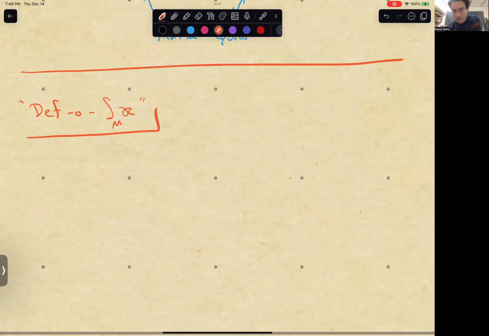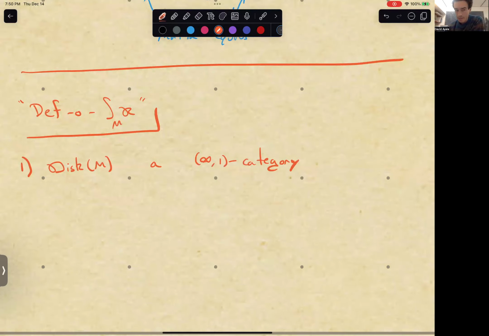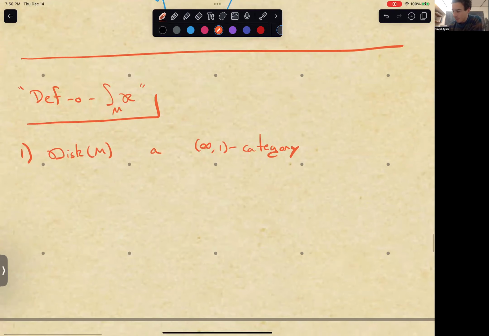The first part of the definition is the construction of a category. And it's naturally going to be an infinity one category, though if infinity categories are unfamiliar to you, I encourage you to just pretend that infinity is not there. So what is this infinity category? An object is